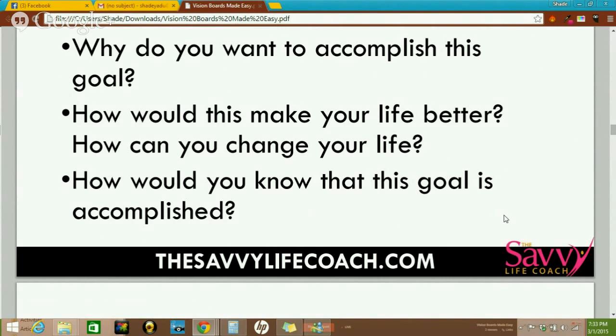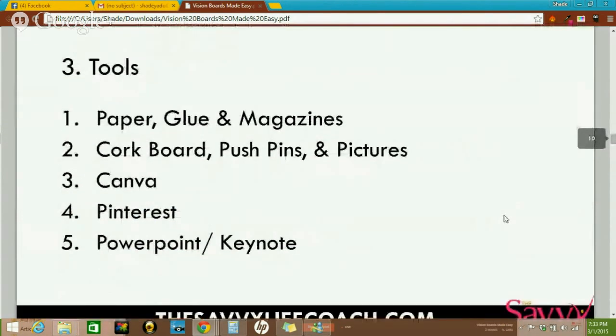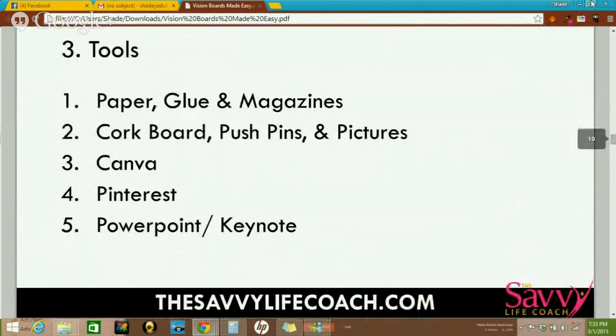And I thought about that and I said, we got to do more, because it's so imperative to make our dreams happen in the year of possibilities. But we got to do a little bit more. We got to do a little bit more teaching on how to properly use vision boards. So I wanted to give you some tools. And while I'm giving you some tools, I am going to stop sharing my screen so I can see you guys again.